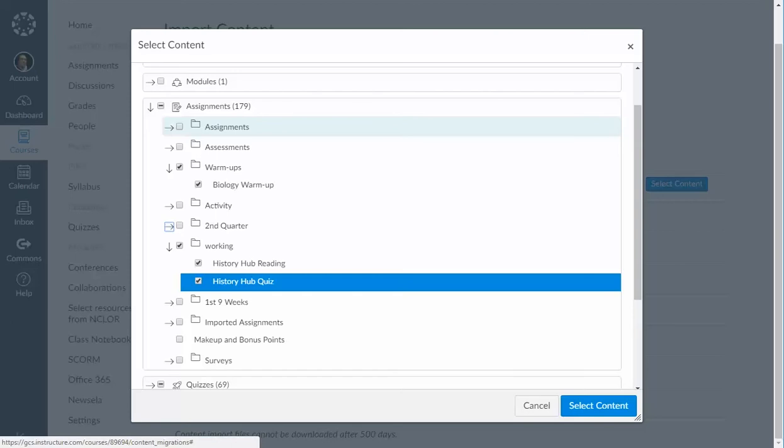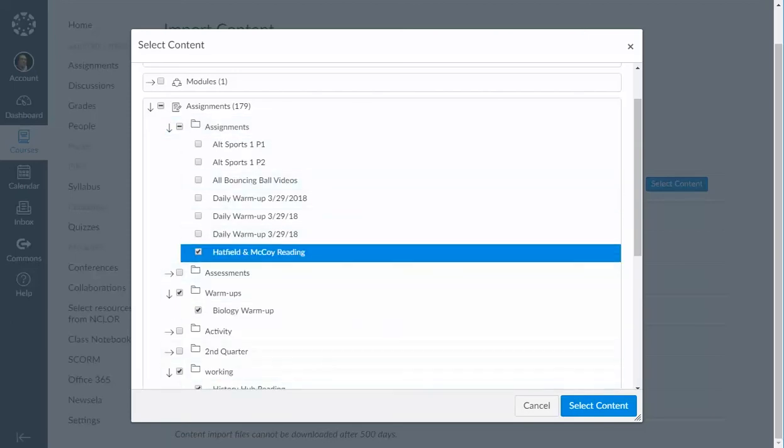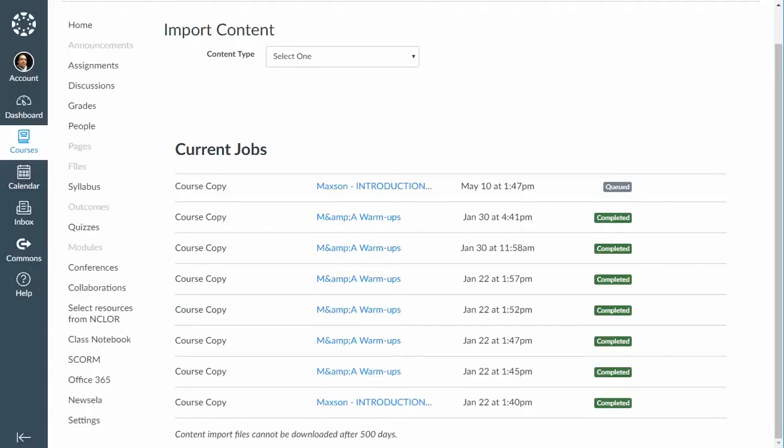And I'm going to pick out this History Hub quiz, because I'm going to show you a little trick with it here in just a minute. Choose that Hatfield and McCoy reading assignment that I did in another example. And then notice that it's queued, and it's going to take it a little while depending on the amount of content, and it's going to copy this information over to that new class that I set up. So it's copying it over, and once it's finished,